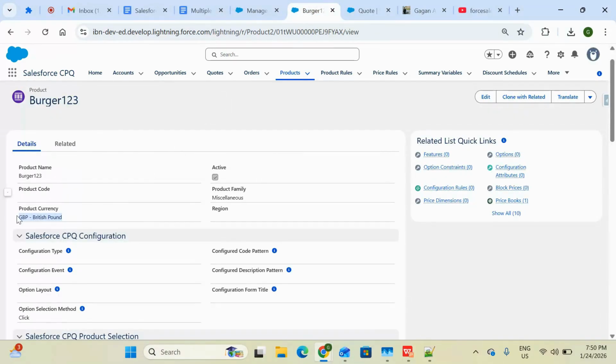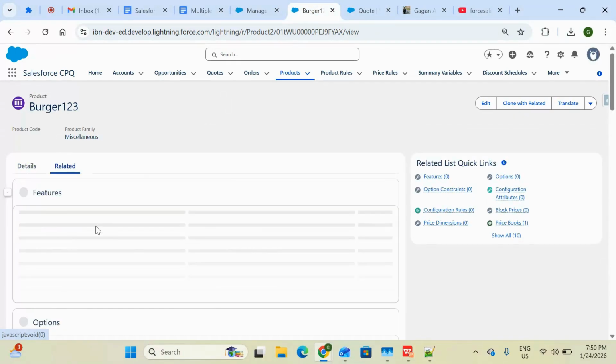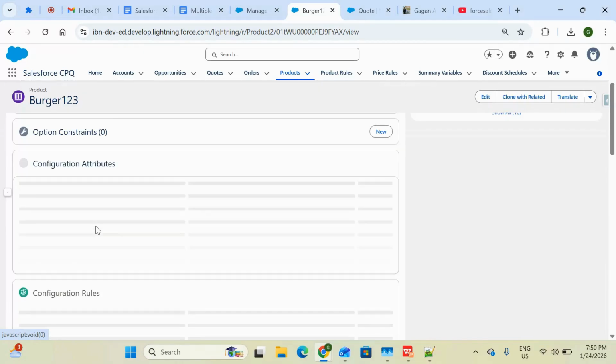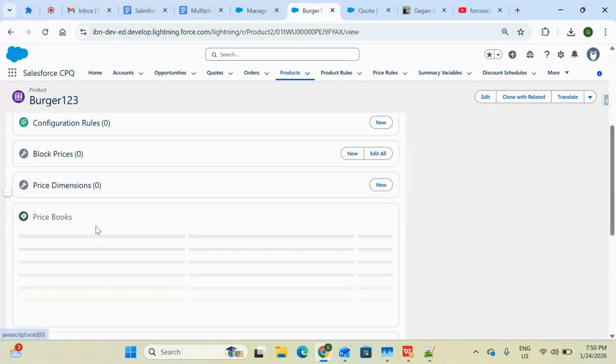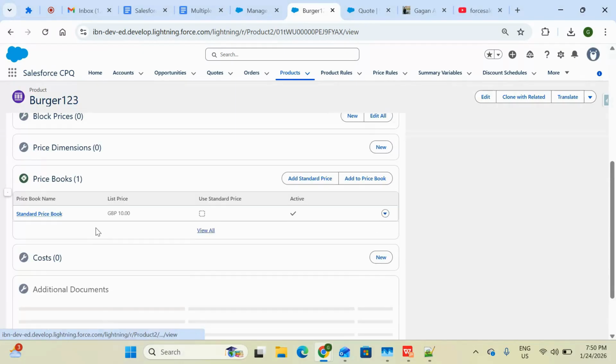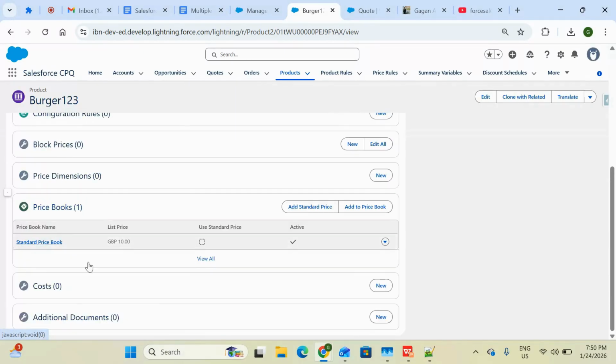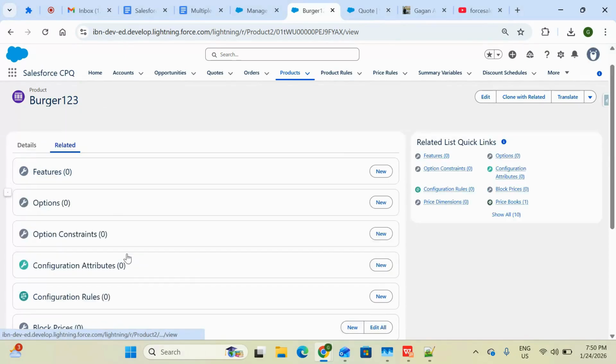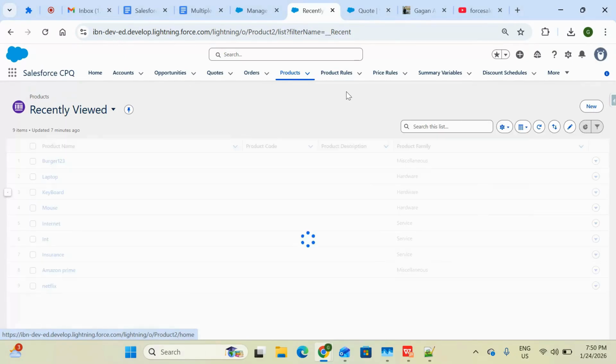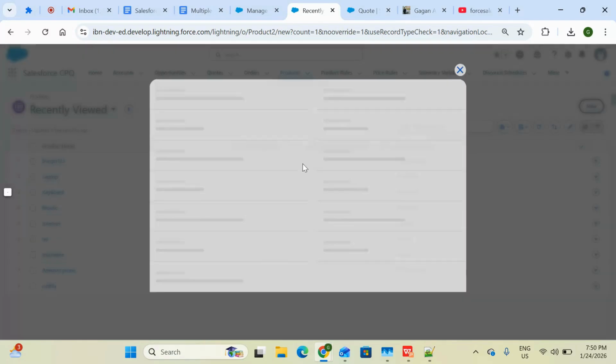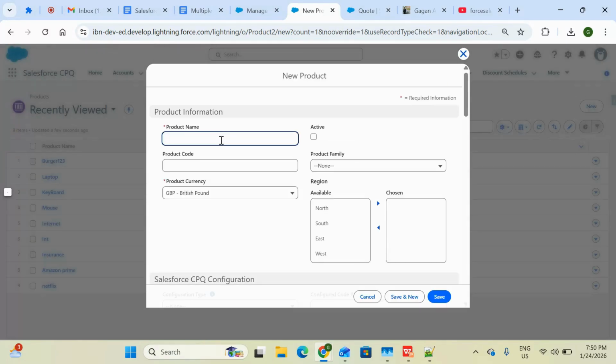So what I have to do, I have to create a new burger with the currency called INR. Also, in the price book, I have to create a new price book with the INR currency, and then I have to add the list price in the form of INR. So I'm going to create a new product, Burger INR India. I will put the name as Burger India just to avoid confusion. And then here I will choose this product currency as INR. Click save,